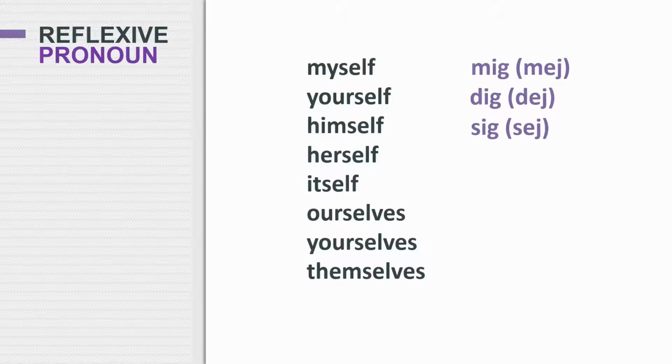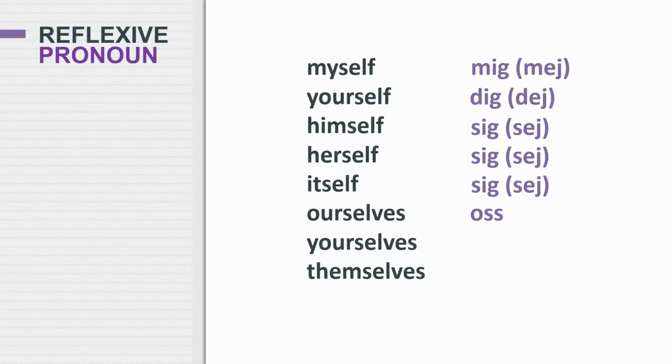Sig. It's interesting. It sounds like say in English, but it's spelled S-I-G and it's pronounced sig. Herself is the same. Sig. And also itself, also the same. Sig. If you want to say ourselves, then you have to say oss. So it's the same as the pronoun in the object form. Give it to us. We wash ourselves. In Swedish, you would use oss in both those cases.